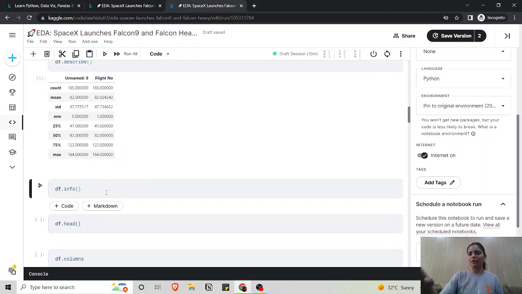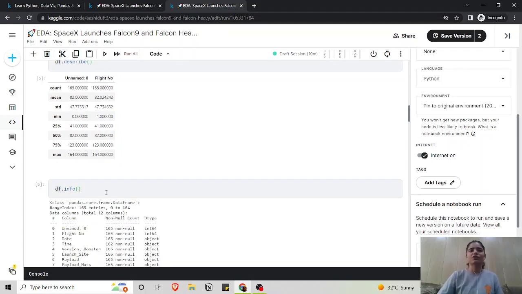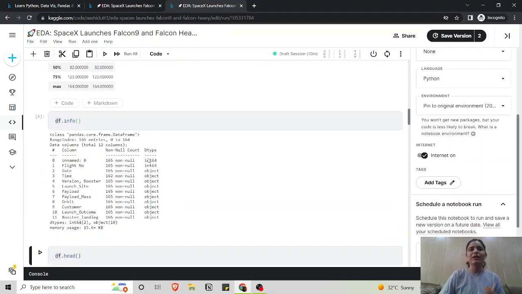Then we have df.info. The info function is really helpful. It gives you the data type first. Data types are very important because many times when you're working with data, you think it's an integer, but it turns out to be a string. It is in quotes, say 555 in quotes, so it's a string, right?